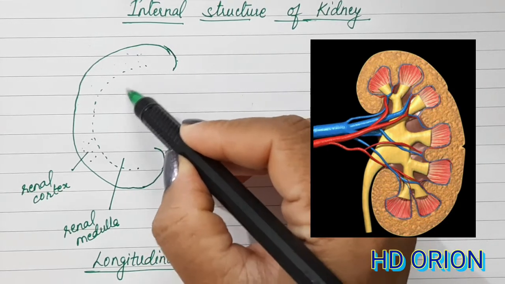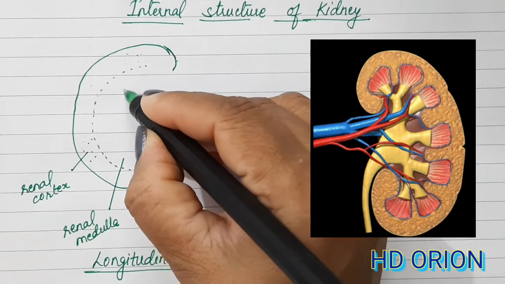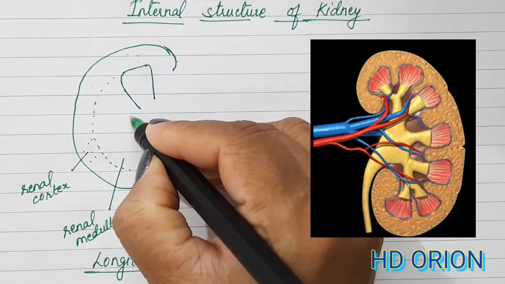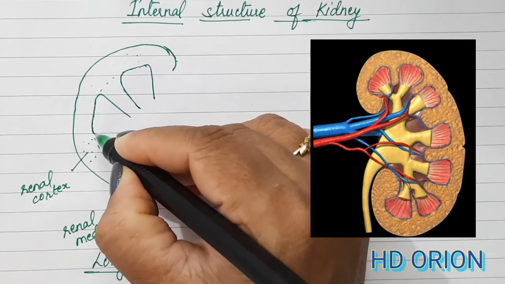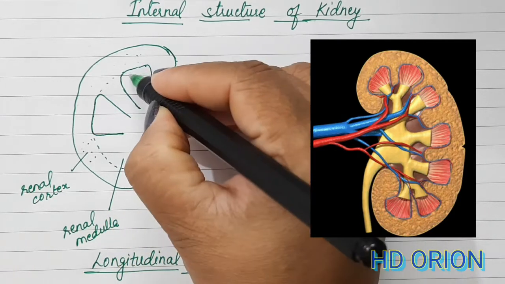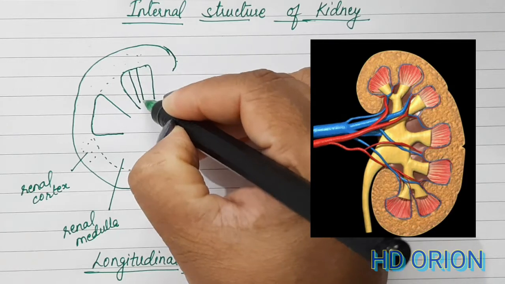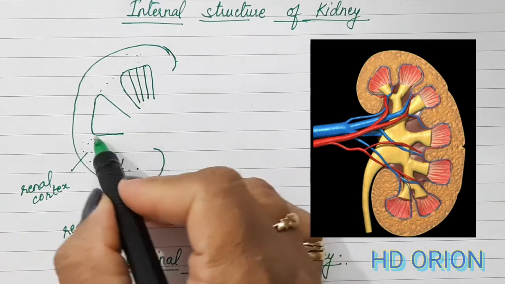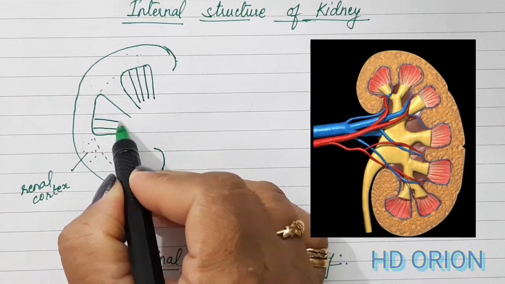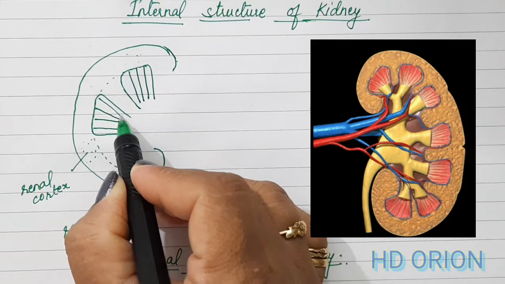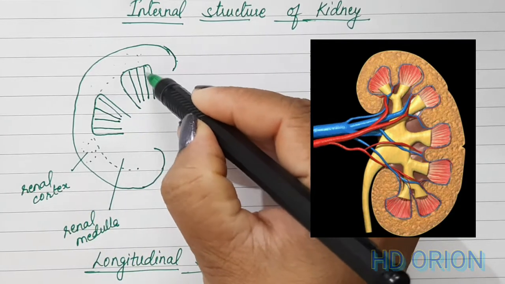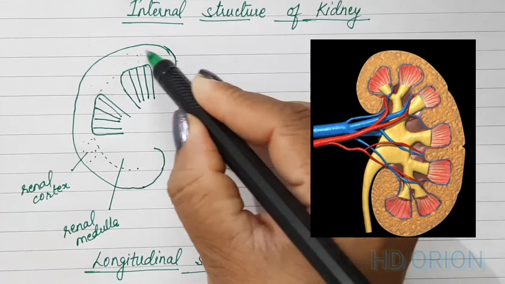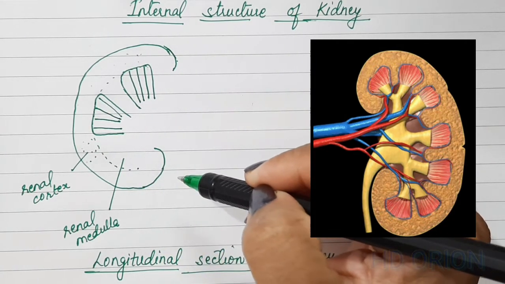The renal medulla is thrown into pyramidal structures like this. These are triangular structures which are present in this manner, and these are shown in long striations. So renal cortex is shown in dots and renal medulla is shown in striations. It is so because this region, the renal medulla, contains the collecting ducts of the nephron. Each kidney is composed of millions of nephrons.